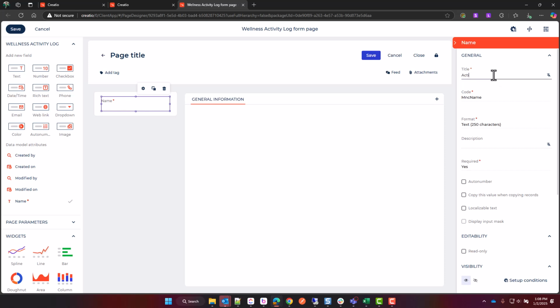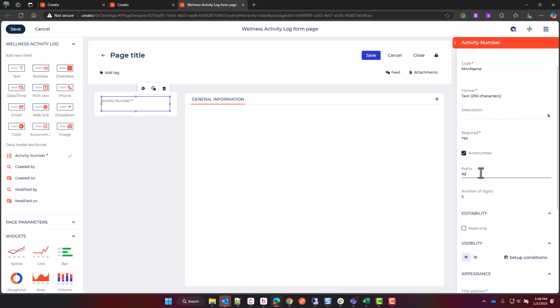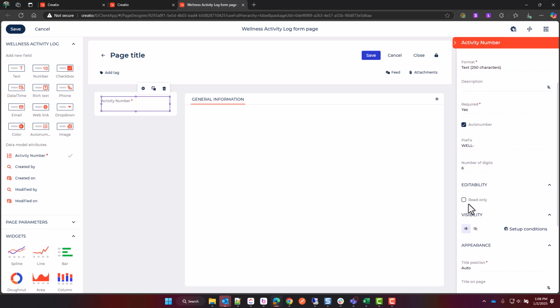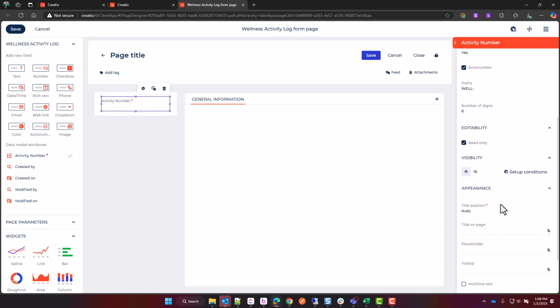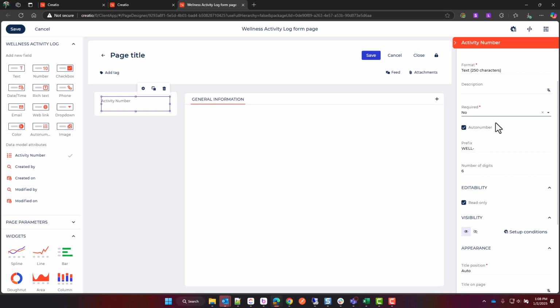This is going to be the activity number, perhaps. And let's do an auto number, wellness activity. I can imagine there's going to be a lot of these, so I'm going to do that. We're going to make this read only so no one can modify the activity number itself. We are going to not make this required since it's automatically and always going to be produced by Creatio, but